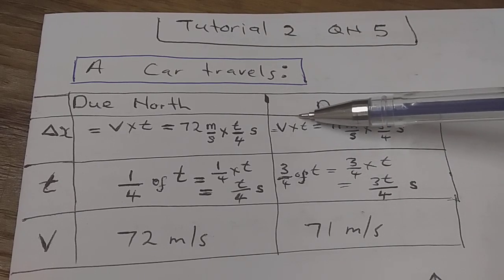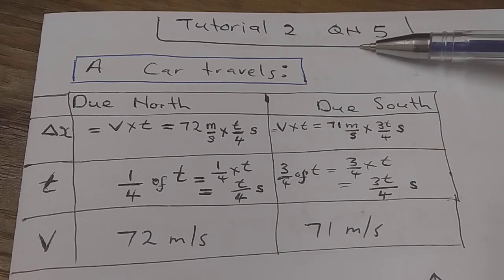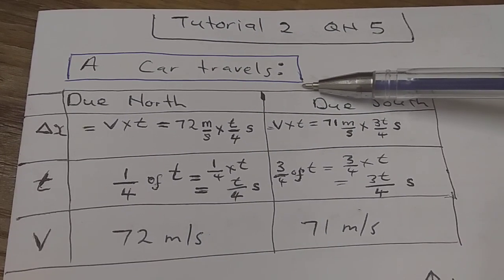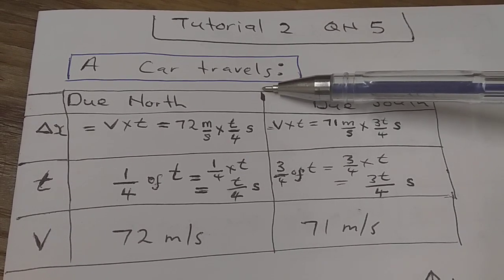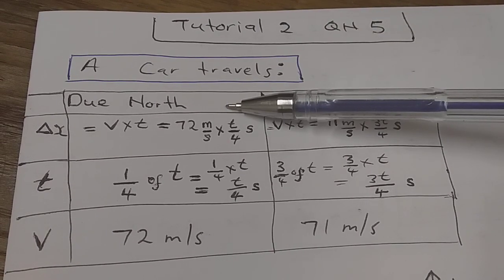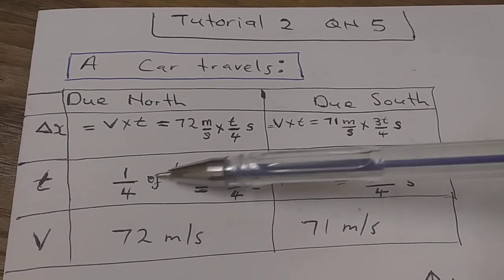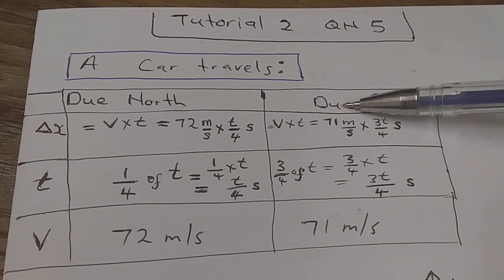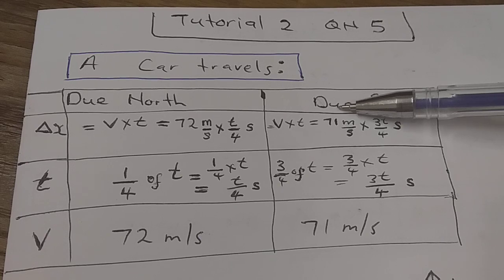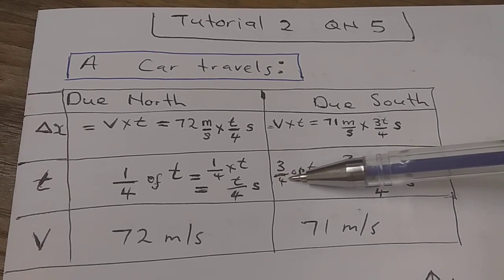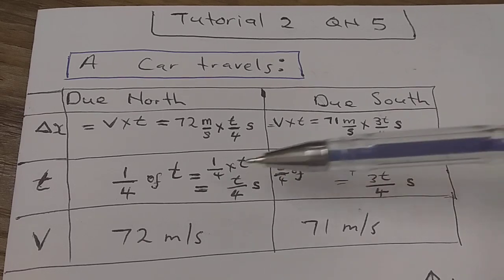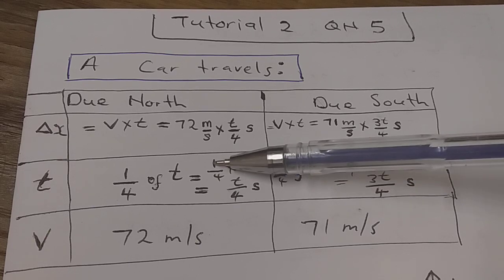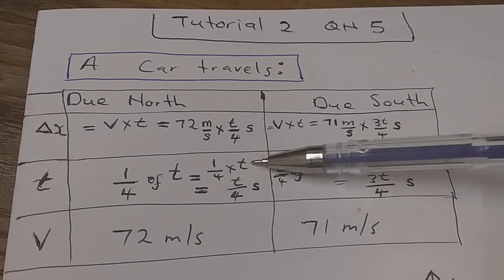You requested me to solve question number 5, tutorial 2. This tutorial tells us that a car travels due north for 1/4 of the time, and the car also then traveled due south for 3/4 of the time. So mathematically, 1/4 of the time is equal to 1/4 times t, which is